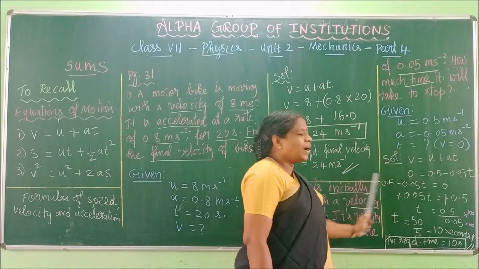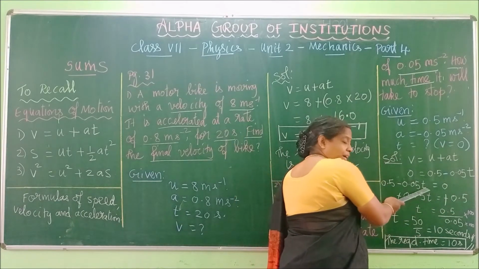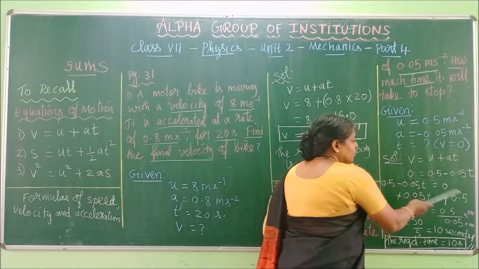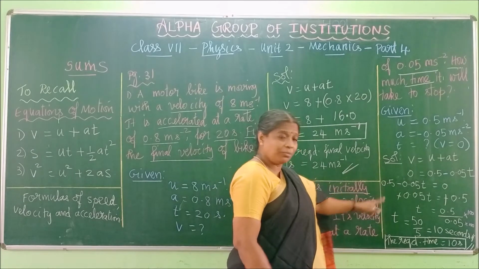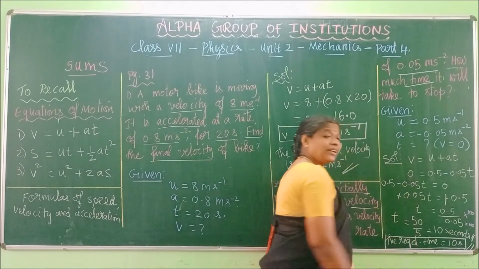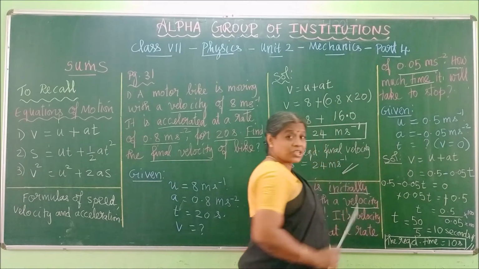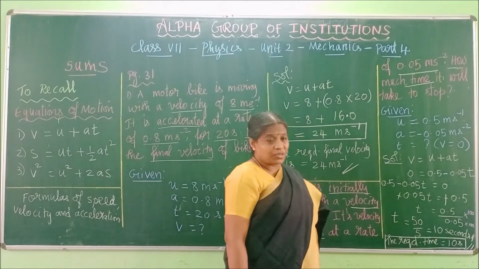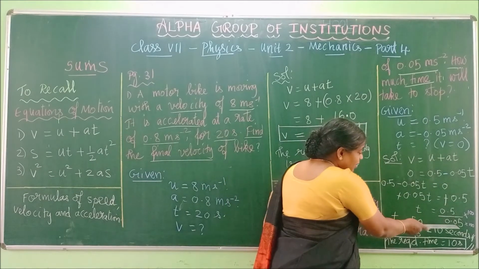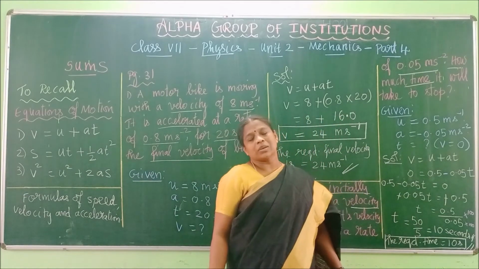Now here, one by one, move that side. T alone we need to find. So this 0.5 will go here as minus 0.5 because it is plus here. So minus minus will get cancelled. So this 0.05 t is in multiplication. So when it goes that side, it will go down as division. So 0.5 by 0.05.